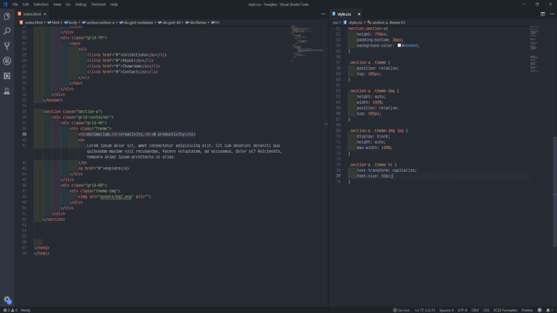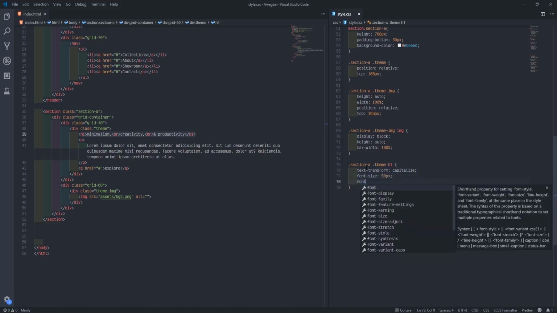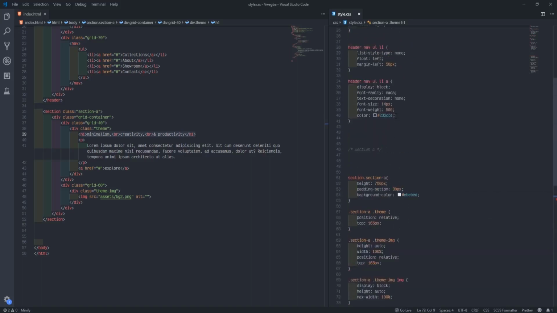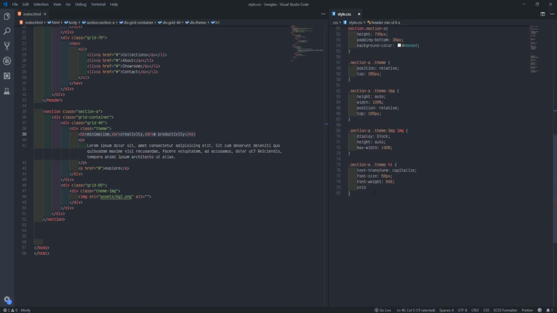And what else? The font weight like 600, then the color, that blue from that time. I'm just copying this color and pasting it here.